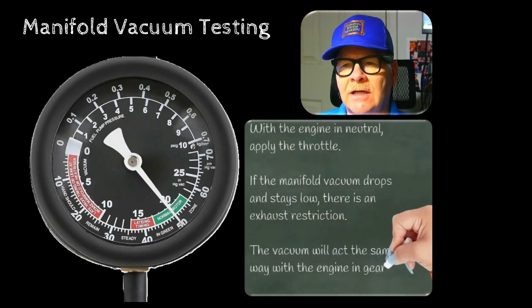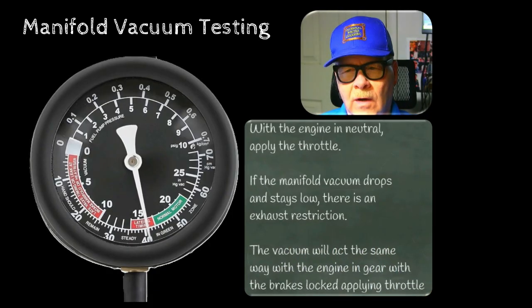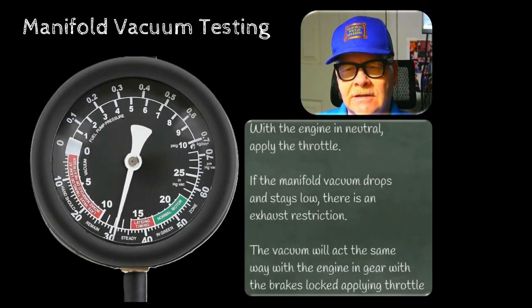With the engine in neutral, we apply the throttle. If the vacuum drops and stays low, like you see on this gauge here, while you're holding the throttle, now there's an exhaust restriction. Whenever you apply the throttle, this needle ought to bounce down and come right back up. If it goes down and stays down, you can get it to do exactly the same thing if you put the engine, say you brake torque it, put it in drive or reverse,